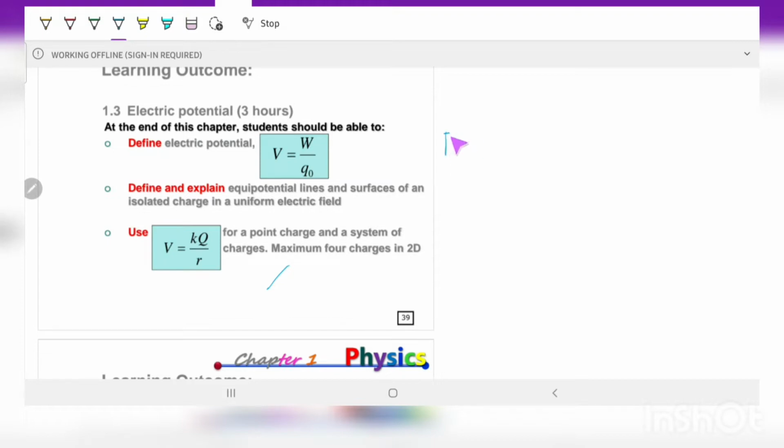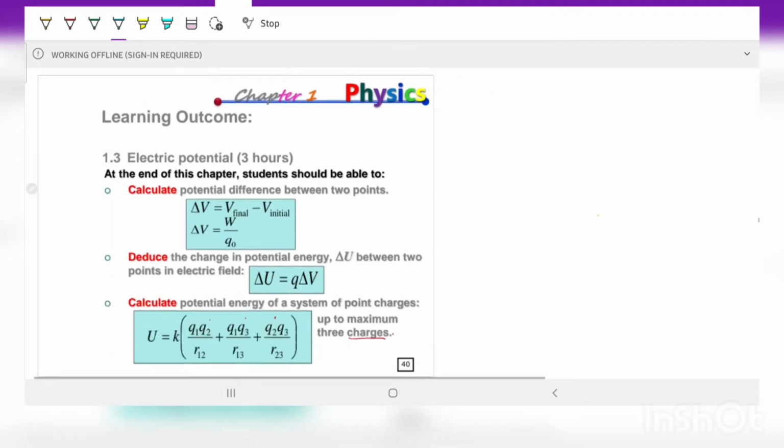The first one is regarding Coulomb's law: F equals k Q1 Q2 over r squared, and from that we deduce electric field strength equals the ratio of F over test charge Q naught, which results in kQ over r squared. In subtopic 1.3, we just learned V equals W over Q naught, and here we deduce the formula kQ over r. And next we're going to introduce